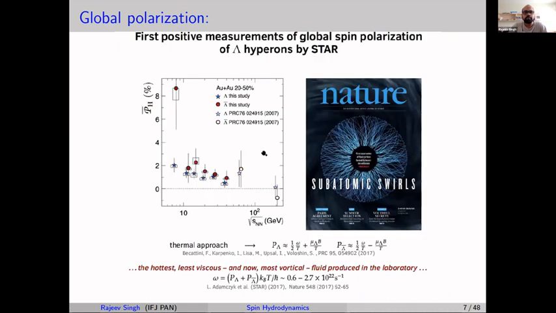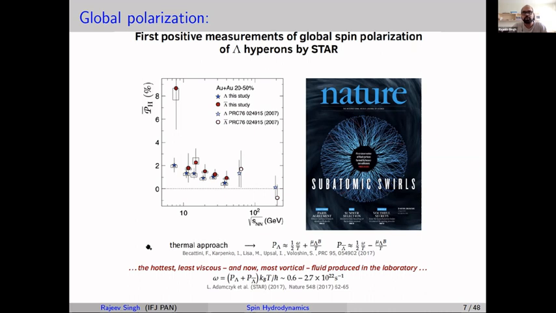And yeah, this is just like an advertisement that the Nature cover has got the STAR collaboration on its magazine, and they have found out that the QGP is the least viscous, hottest, and now the most vortical fluid ever produced in the laboratories, with the vorticity around 10^22 per second, and the models which are in agreement with this data are actually the thermal approach or thermal vorticity approach models,